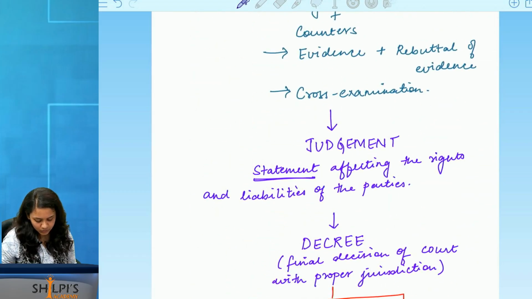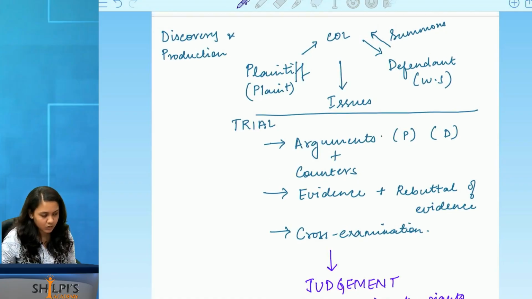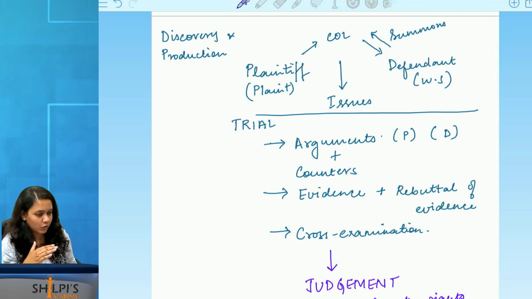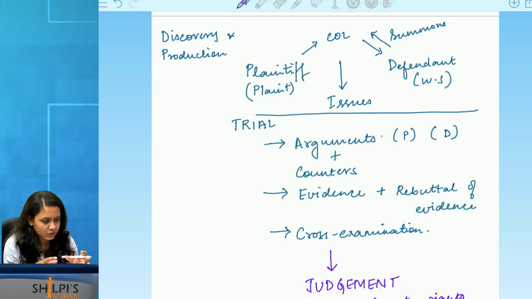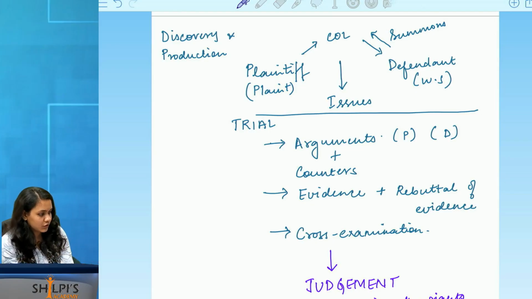Okay, so let's just recap whatever we've done so far. Again, we're looking at the point of view of once the issues get formed, that is where we stopped the last revision. After the issues get formed, again, what are issues? Whatever is questions which are framed by the judge, correct? Whatever is alleged by the plaintiff and rejected or denied by the defendant will be the basis of issues.